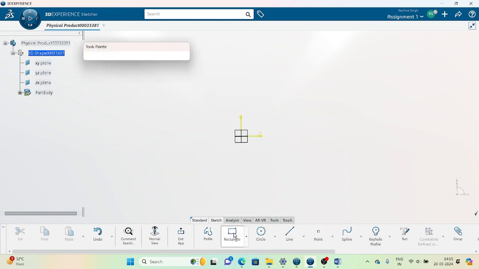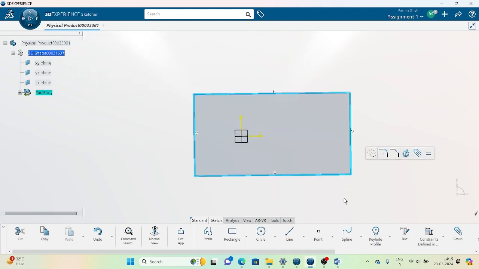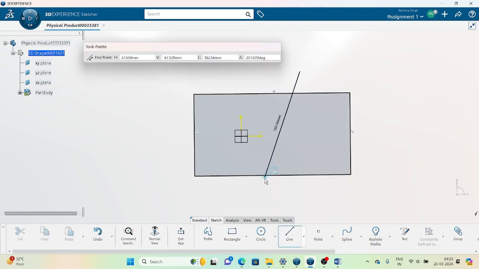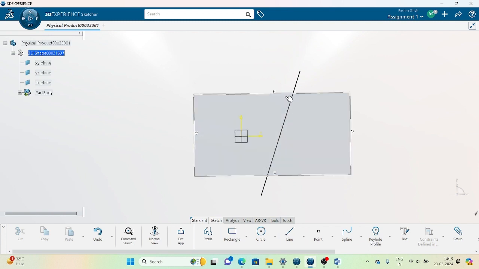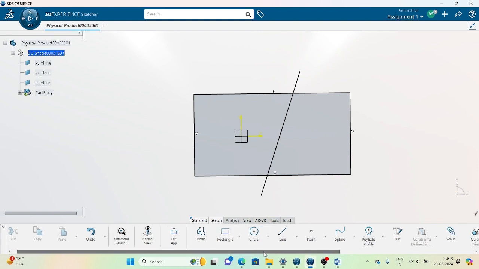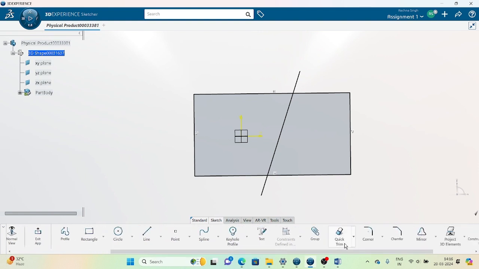Now we will come to the fillet command. This is the area where I want to do the fillet. So we'll come to the action bar, and just after quick trim you can see a corner option. This is an option where we can do the fillets. So just click on corner,